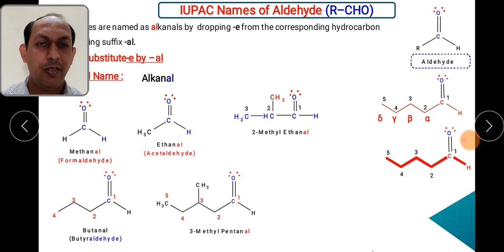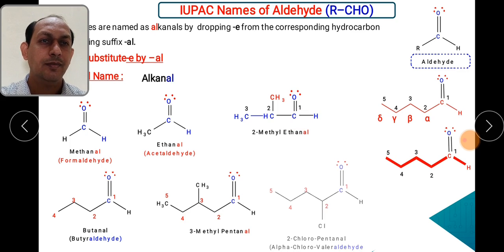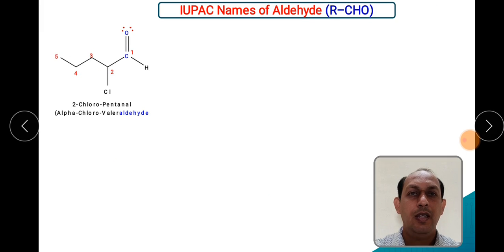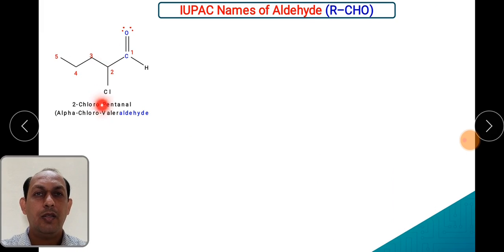नेक्स्ट क्या नाम आएगा, देखो जरा बताओ, ऑलरेडी लिखा है नीचे, 3 मिथाइल पेंटेनल, 5 कार्बन्स. यहाँ पे आप देख सकते हैं हमेशा 1 नंबर कार्बन यहाँ पे दिया है, 1 नंबर यहाँ पे दिया है, 1 नंबर यहाँ पे दिया है. 2 क्लोरो पेंटेनल, सेकेंड पोजिशन पे कौन सा ग्रुप है, क्लोरीन, सो इट इज 2 क्लोरो पेंटेनल. If the substituent is present you have to specify the number of the particular carbon to which the substituent is attached. 2 chloropentanal, already we have seen this particular name.